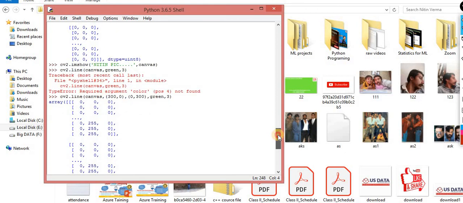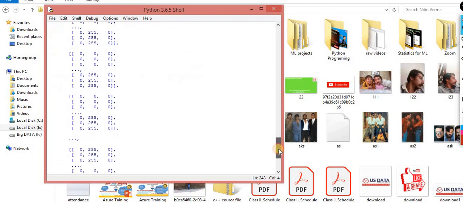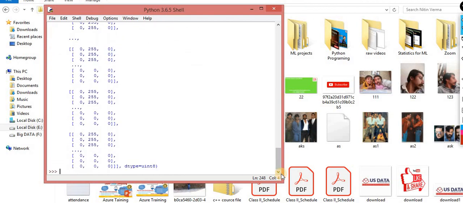I am sure, just wait for a second. cv2 dot line, I am sure.